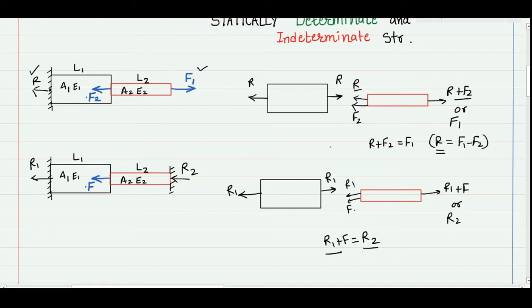In the first case, we have considered that the system is in static equilibrium and the law of statics applies. Law of statics means we can just balance the forces and we will get the unknowns. But in the second case, the system is in equilibrium, but the law of statics is not sufficient to give the unknowns. In addition to the force balance, we have to add an additional equation. And what would that be?